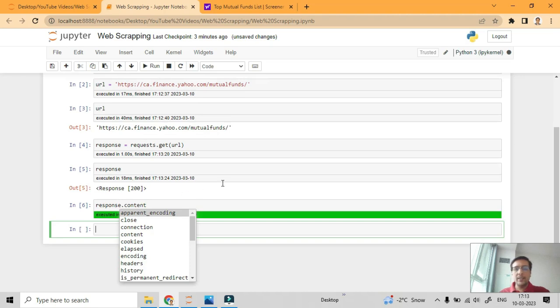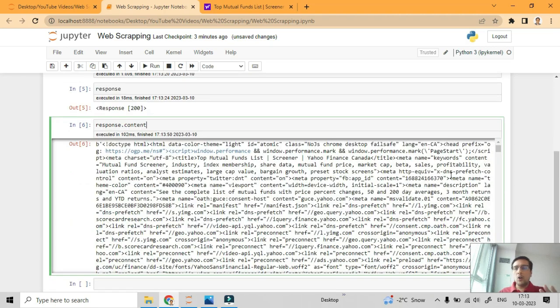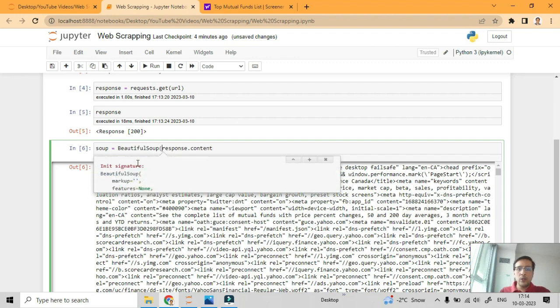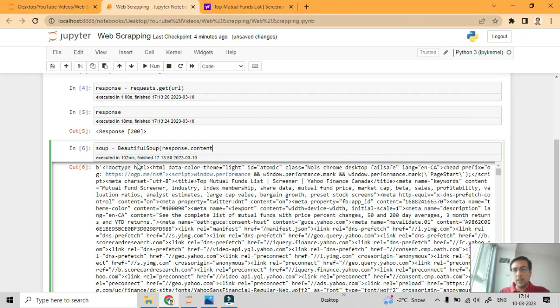So if you do response.content, it's going to give you all the data which is there in the website in HTML format, right? We need to parse it in a meaningful way so that we can pick out only the required detail from there. So what I'm going to do is create a soup object. You can name any object, but since we're using Beautiful Soup, the convention is people use soup. So we're calling Beautiful Soup, and we're going to pass that response.content, all the content in here, and we need to pass it in a format called HTML.parser